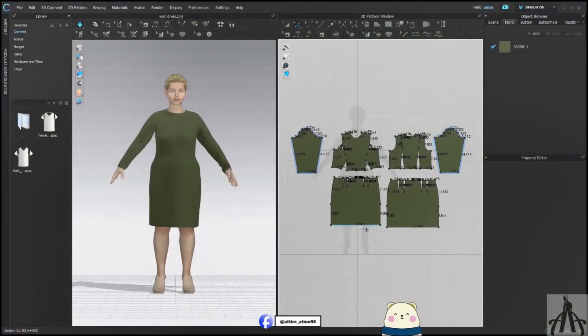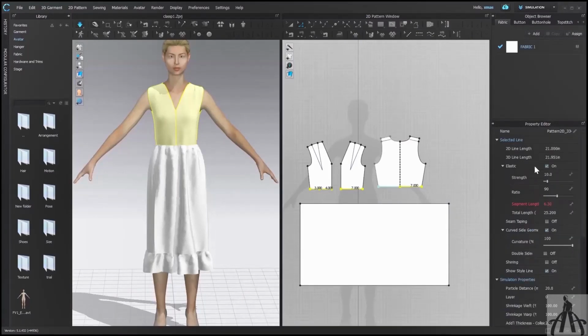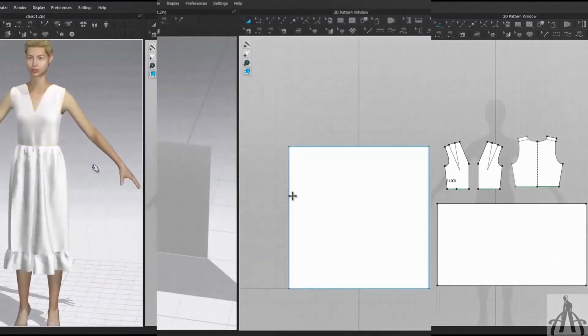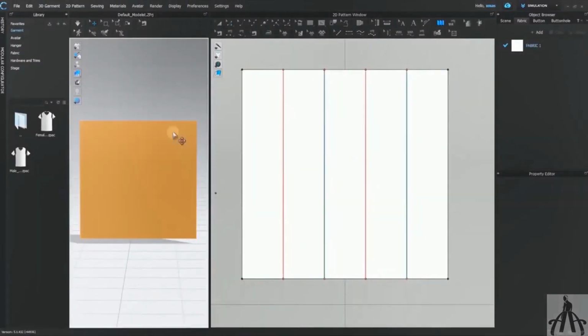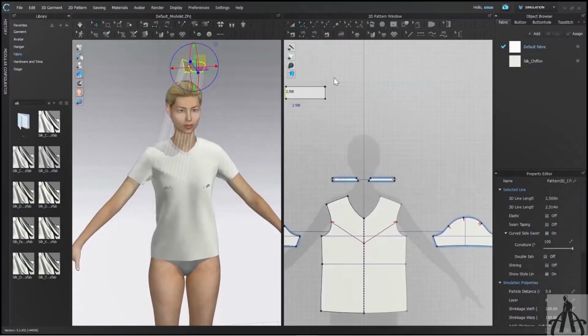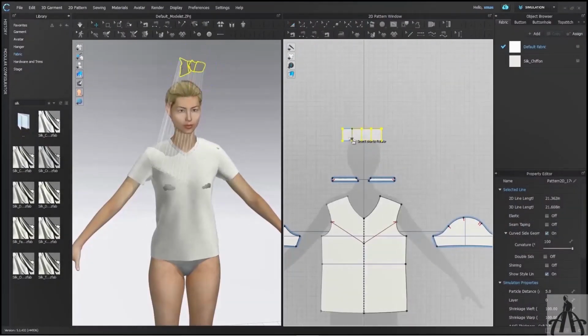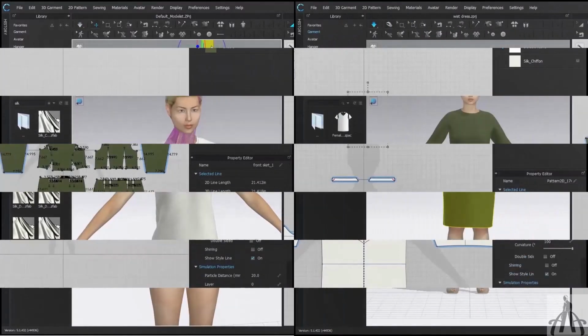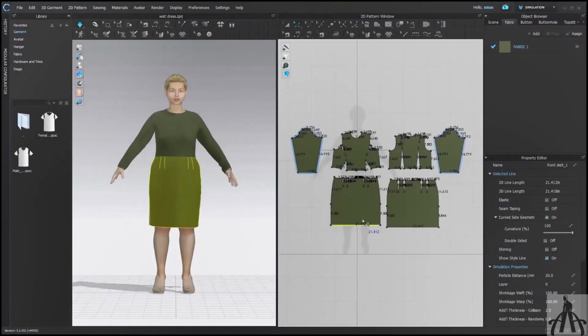We are going to learn about offset in this file. Offset internal line can be used for various purposes like for folding the fabric, adding top stitch or to add elasticity in your garment and many others which you will explore while working. Now let's learn how we can use it.